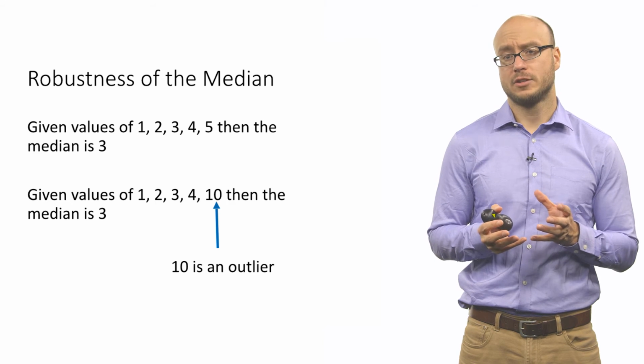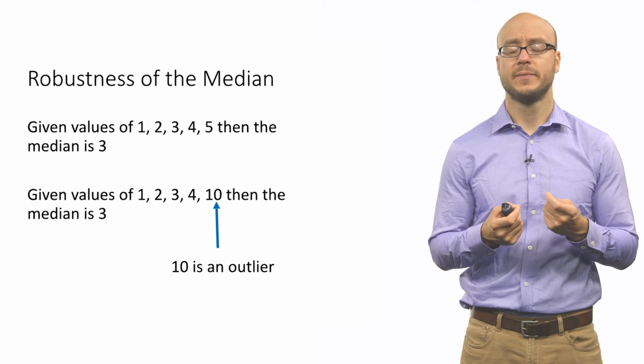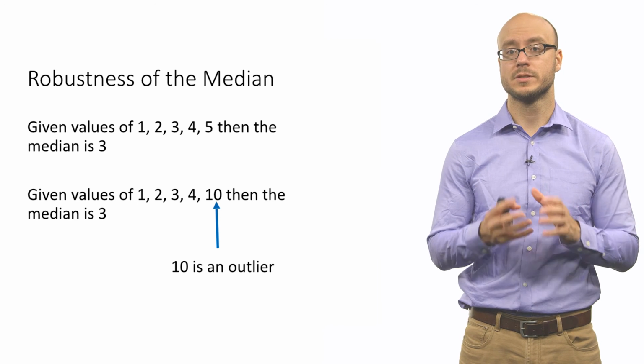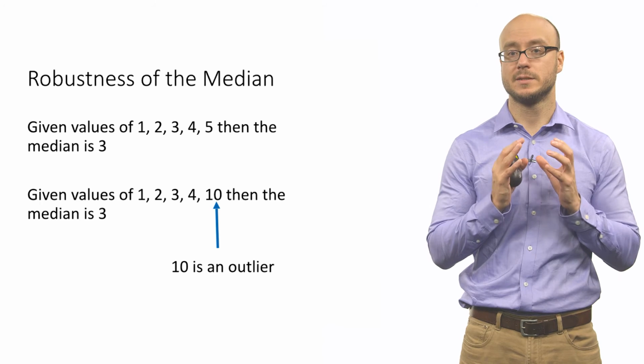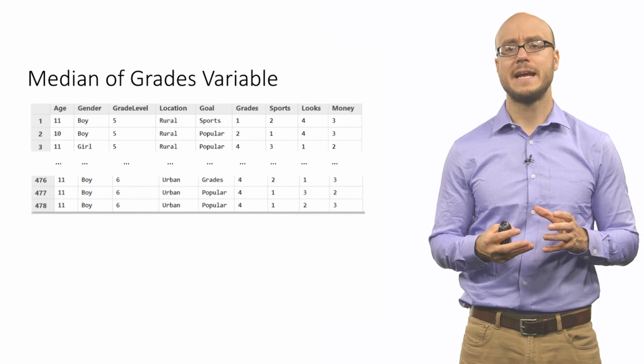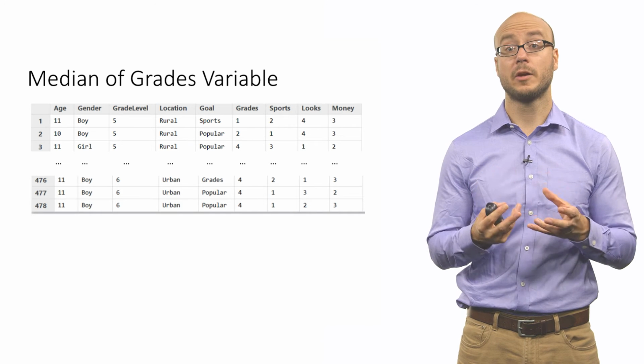The median is simply that middle number. So if you're trying to capture a measure of central tendency and you suspect you have outliers in your set of observations, the median is nice because it's robust to these extreme values. So let's look at our data set of popularity among elementary school kids. We have these 4 ranking variables, these discrete numerical variables, and let's calculate the median for each.